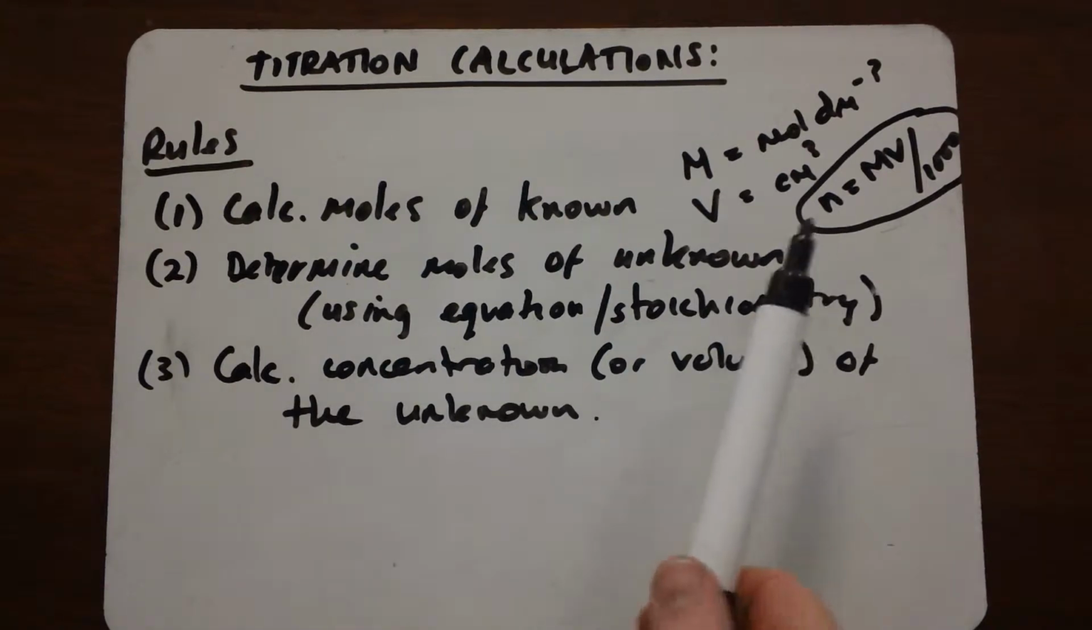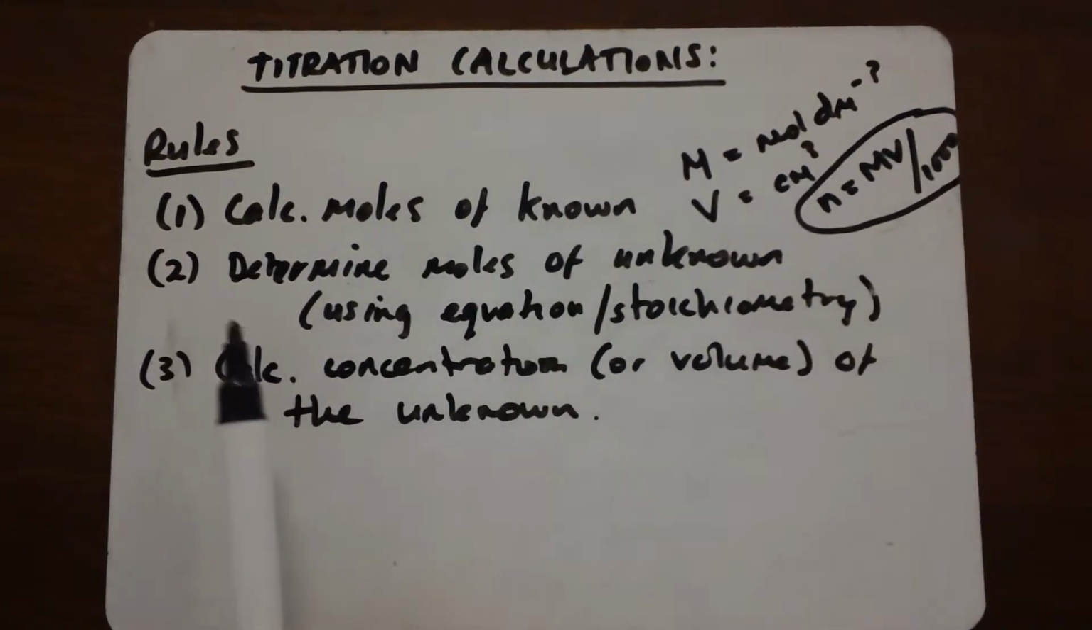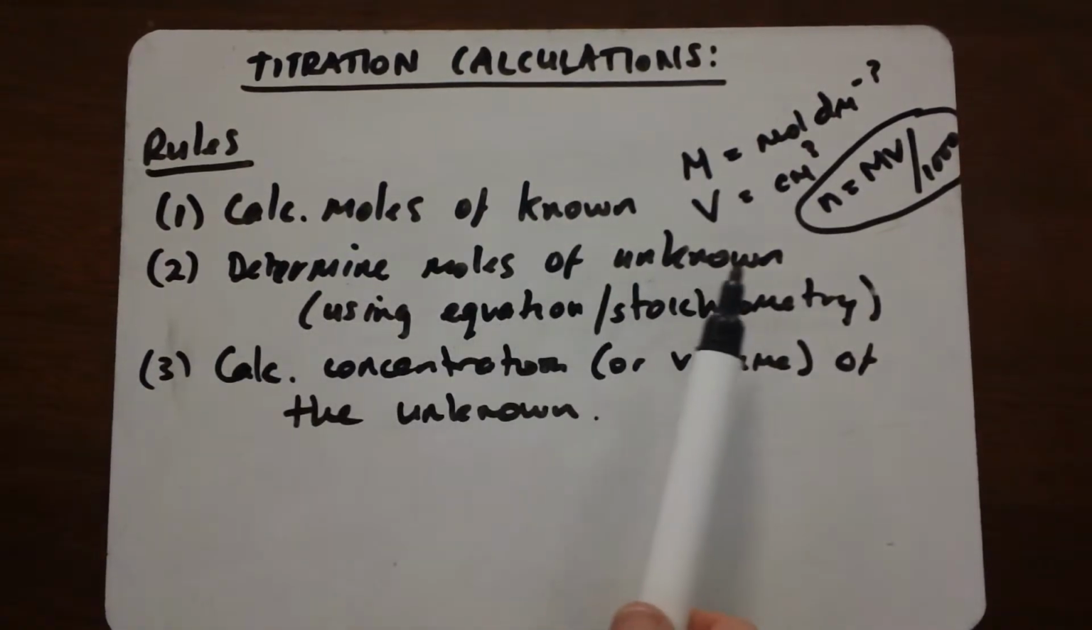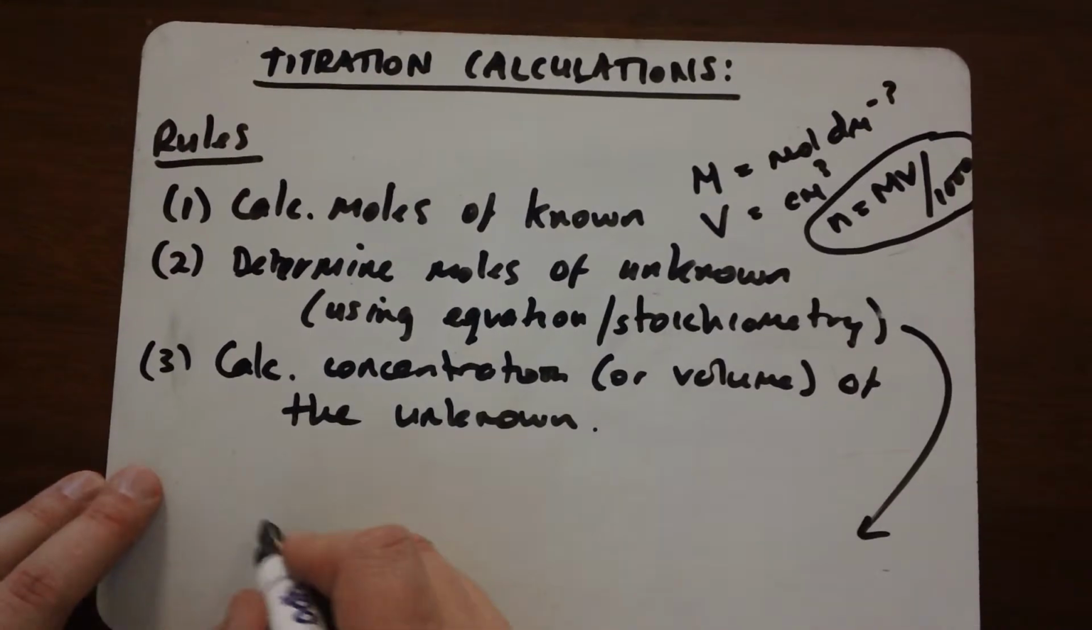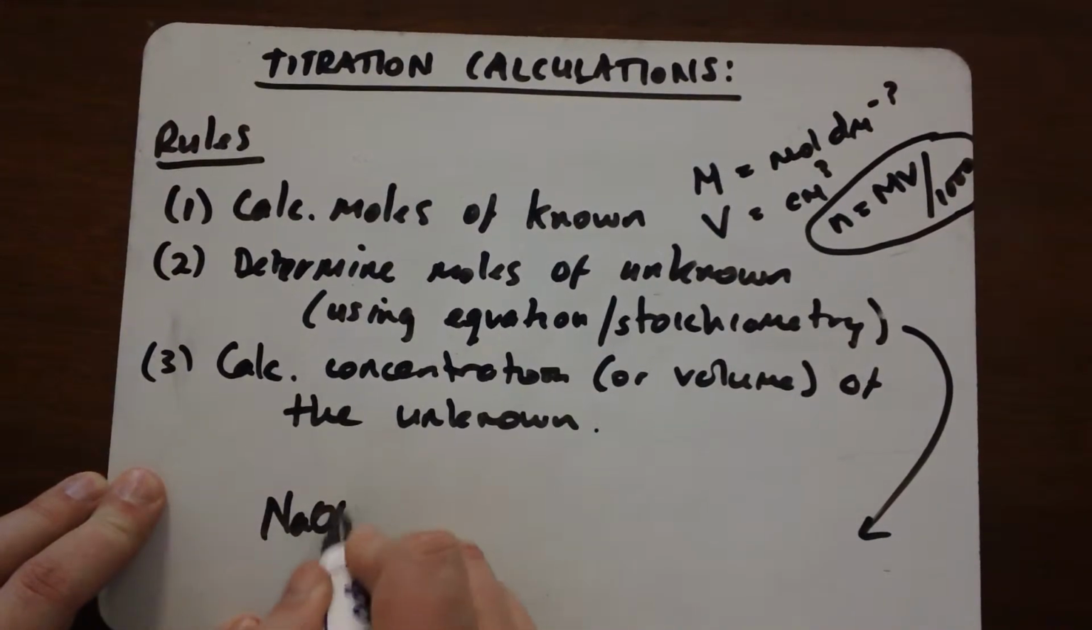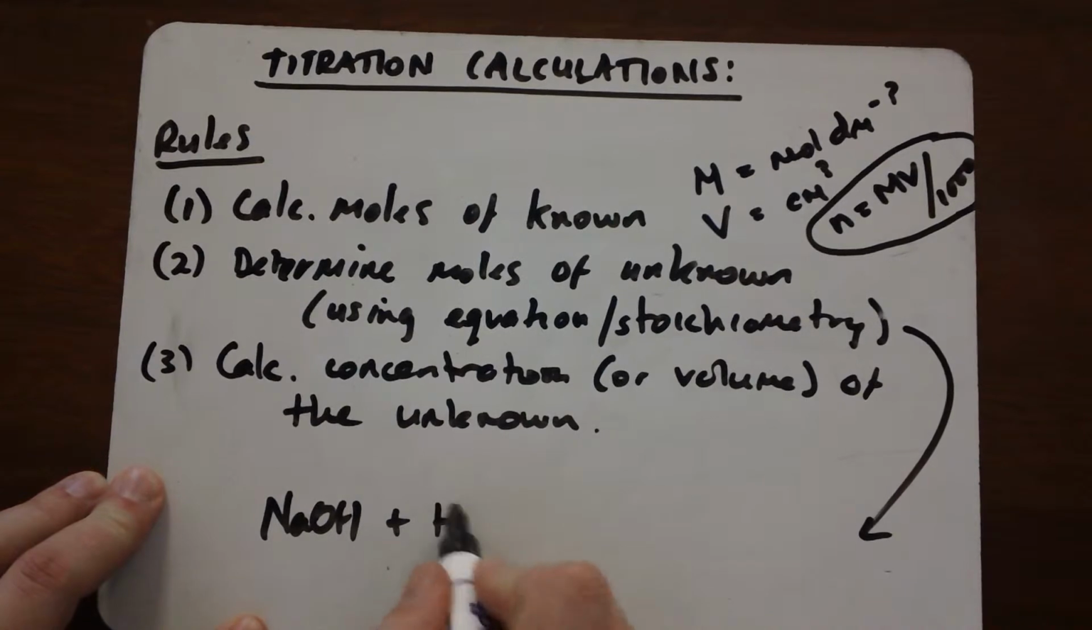The second thing you do, once you know the number of moles of your known, you can determine the moles of unknown using an equation or stoichiometry. So what that means is, if you have a chemical reaction like this one, alkali plus acid,